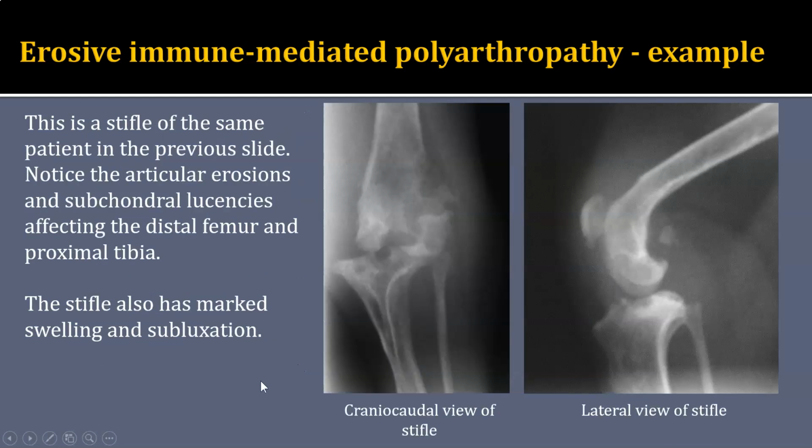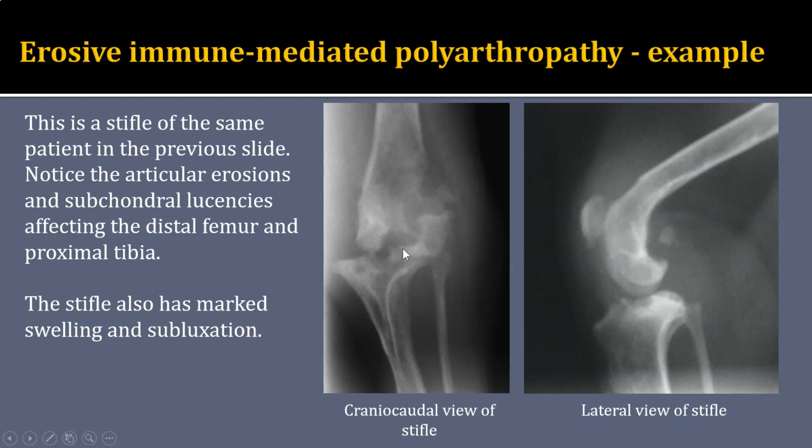This is the same patient as on the previous slide. The stifle of this patient is also very severely affected. There are several periarticular and subchondral areas of erosion in the distal femur as well as in the proximal tibia. This patient has quite a bit of soft tissue swelling centered on this stifle joint. And then this patient has laxity, instability of the medial aspect of the stifle, and there's actually subluxation of that